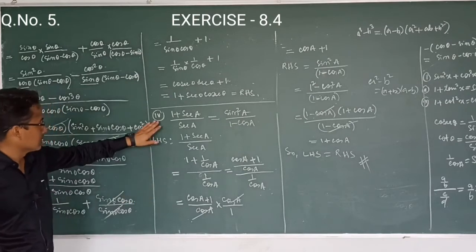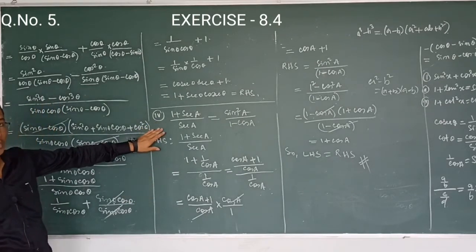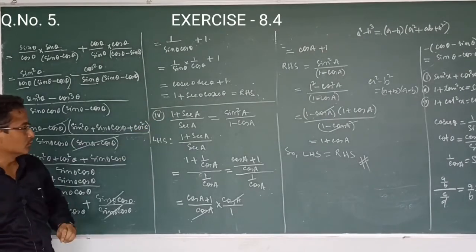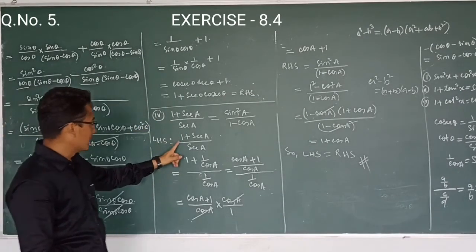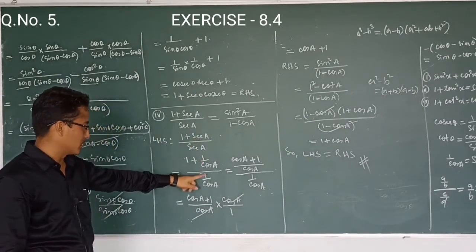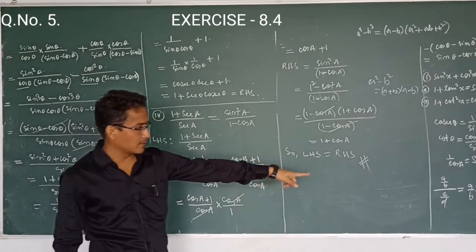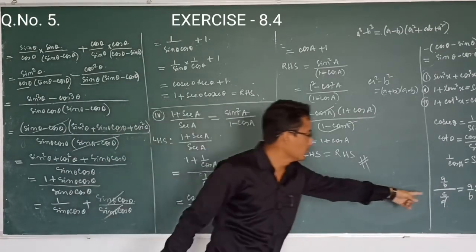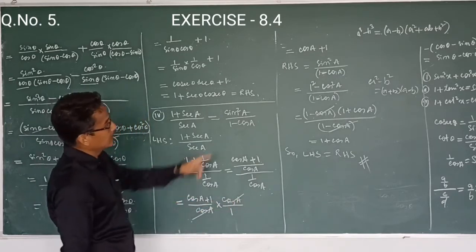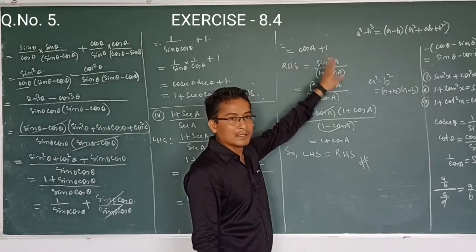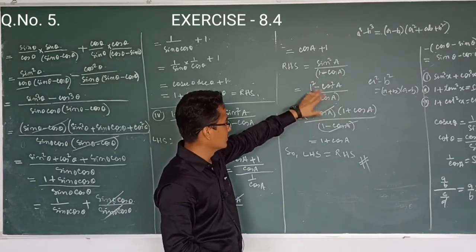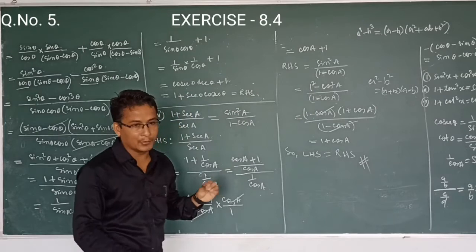So this is Roman number 4, question number 4. In this way we solved it. Let's see once again, 1 plus sec a by sec a. I converted this sec to cos, 1 by cos, and applied that formula, then I got this cancelled. So I saw that this was not our right hand side. So what can we do? We solve the right hand side also. Okay, so very rarely we get it like that.